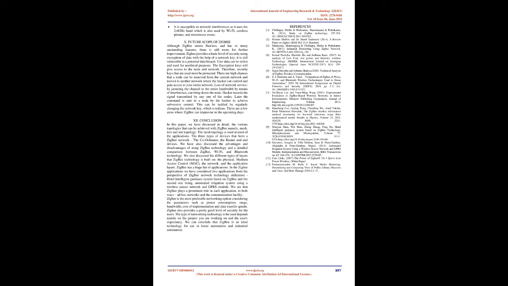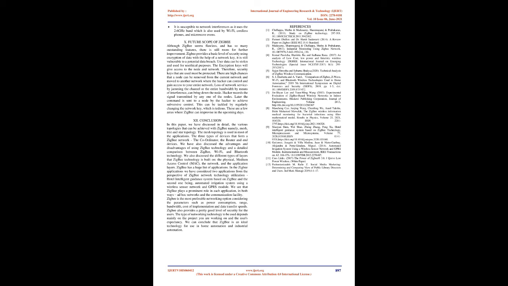In the Zigbee applications we have considered two applications from the perspective of Zigbee network technology utilization: the hotel intelligent guidance system based on Zigbee, and the second one being the automated irrigation system using a wireless sensor network and GPRS module. We see that Zigbee plays a prominent role in each application, in both ways: ad hoc networks and the communication